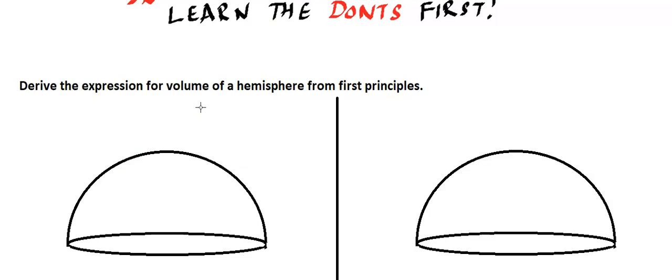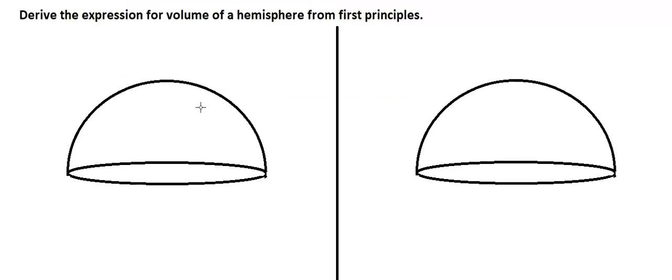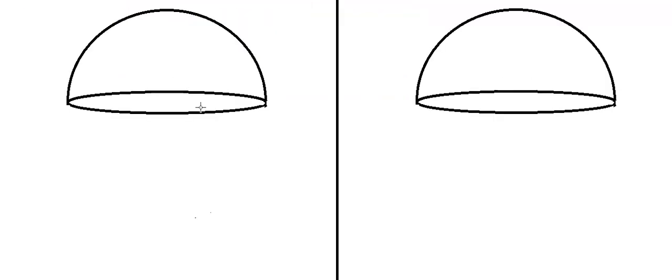So today we'll be deriving the expression for the volume of a hemisphere from first principles. You guys are probably like, the volume of the hemisphere is 2 by 3 pi r cube, right? So why is the derivation even important? But hopefully as we work through this example, you'll understand that it's actually quite important. So let's get going.